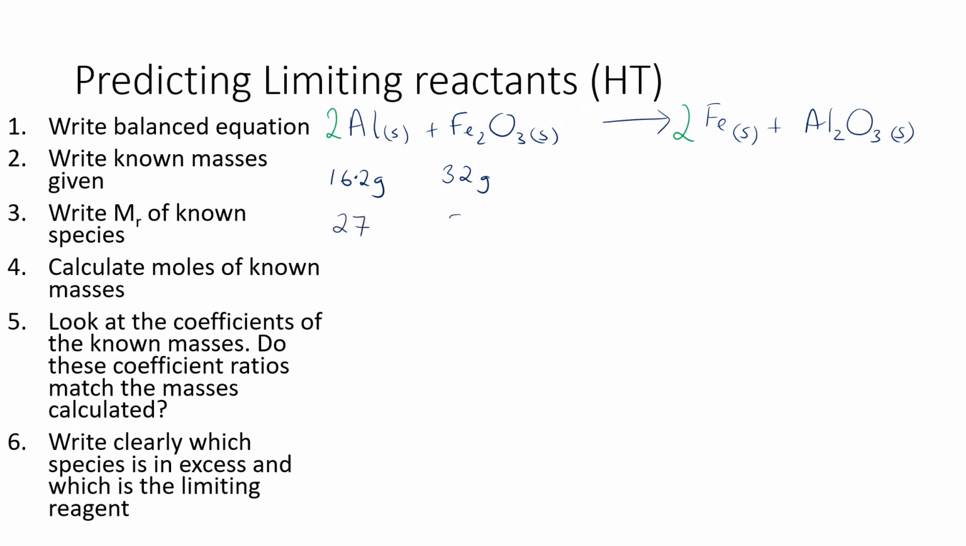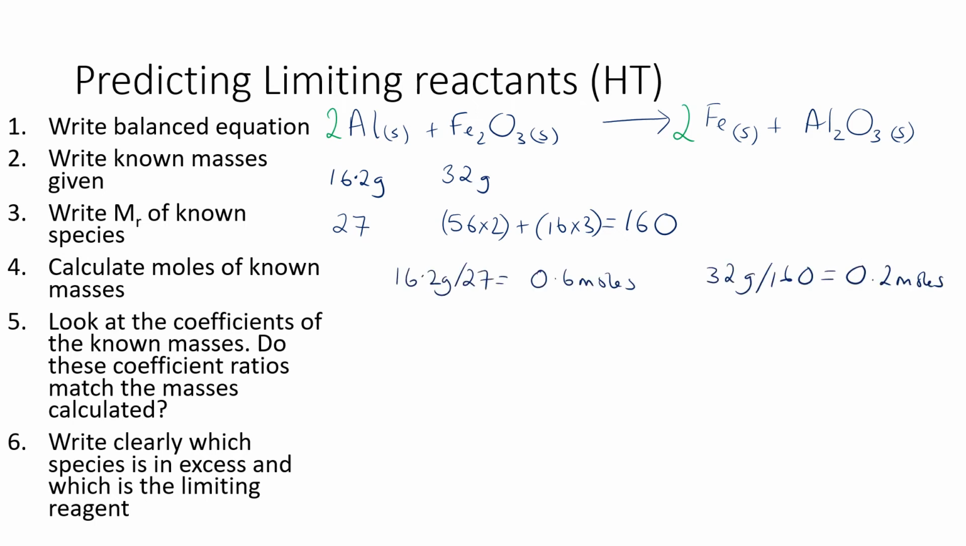Step 3, I write down the molar mass of the species involved. So I write down the molar mass for aluminium and for iron 3 oxide. And in step 4, I calculate the number of moles of those masses. And I can see I've got 0.6 moles of aluminium and 0.2 moles of iron 3 oxide with the masses that they gave me. Now, in the question, they asked me which one was in excess and which one was